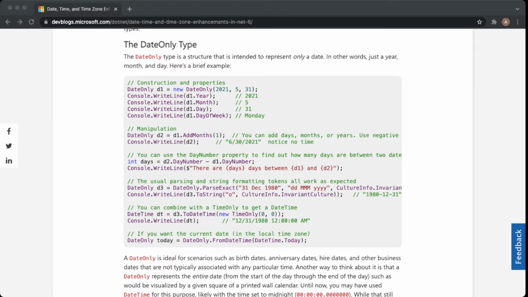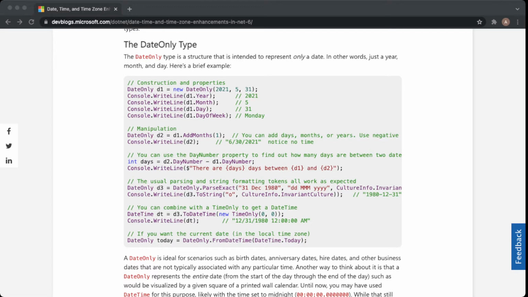The main advantage of this is that these two types will only contain either the date or only the time, because when you use the DateTime, if you remember, you have to extract the date element when you wanted it, and a time element separately.